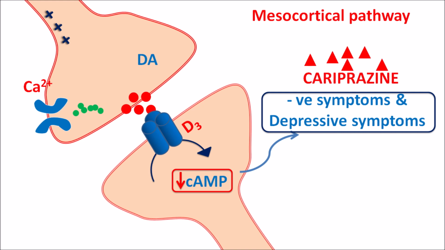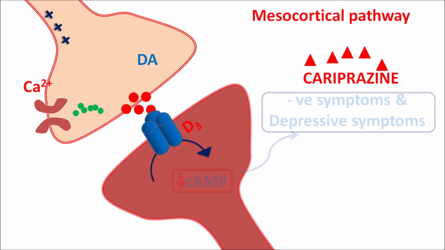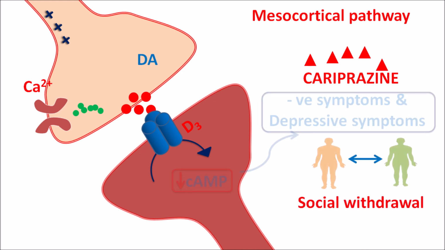Now Cariprazine is one of the atypical antipsychotics which can selectively block these D3 receptors. By blocking these receptors, it can reduce the negative symptoms as well as bipolar mania. In this way, Cariprazine can reduce the social withdrawal as well as the flattening of emotional responses. So this may be the main action of Cariprazine, because among the atypical antipsychotics, this is one of the drugs